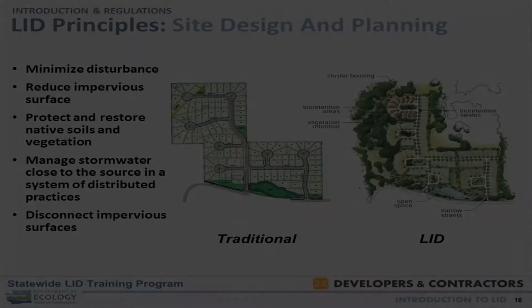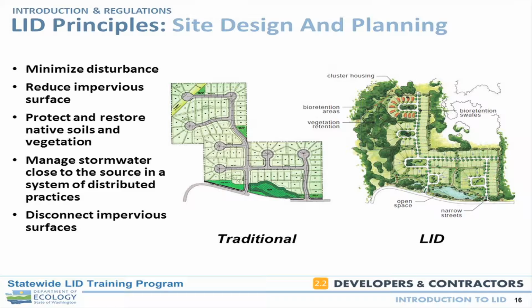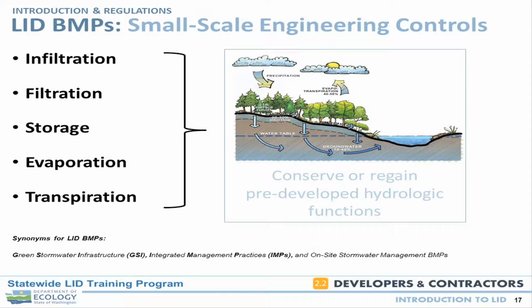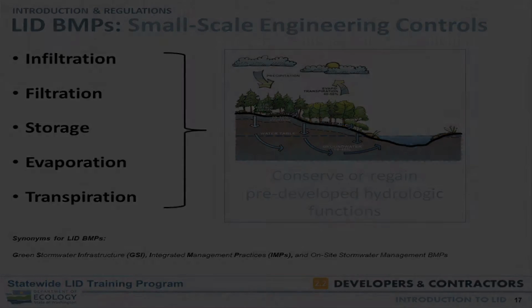And one of the things that does, like I said, going back to minimizing disturbance, is really focusing on reducing impervious areas, by looking at what resources we have available, being able to protect and restore the soils and vegetation, and then looking at stormwater management as a decentralized system that can be woven throughout the site. The driving factor in this is looking at opportunities for infiltration, filtration, storage, evaporation, and transpiration. All of these combine to create the stormwater management structure, which, as we all know, is driven by our fun